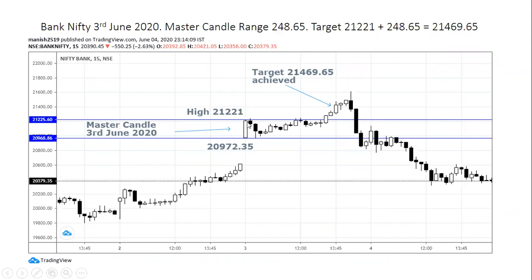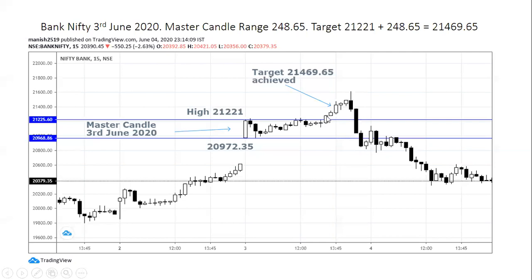And therefore you can see how price is moving after that. Price is moving completely sideways inside the first candle. So these all are baby candles you can see. This is called consolidation. Why is price consolidating, moving completely sideways? Because in first 15 minutes only you got a very big move, 248 points. Now before price gives you any other move, you can say price is taking some rest. So these all are baby candles inside the master candle. And finally here you can see we got breakout.